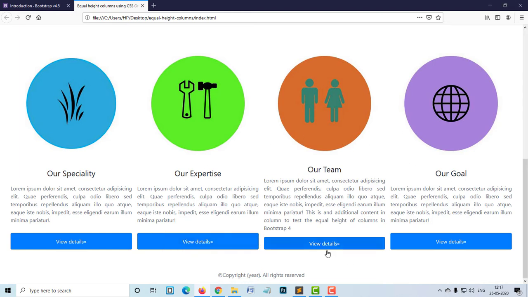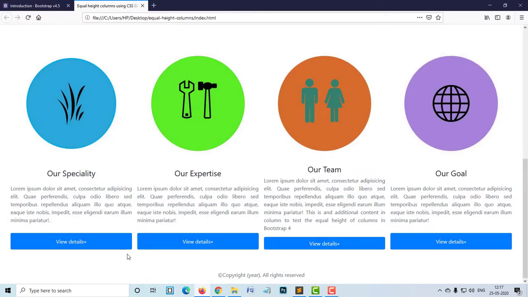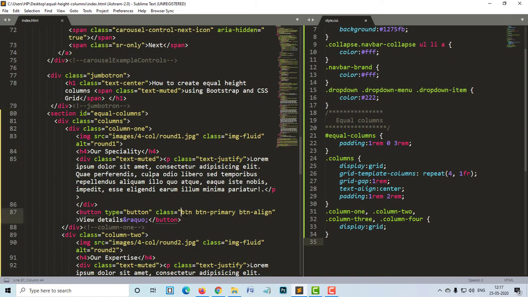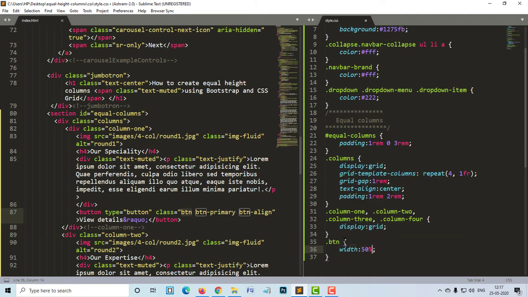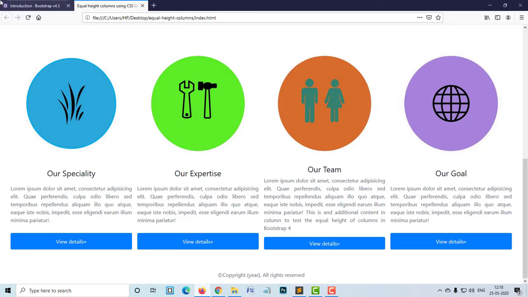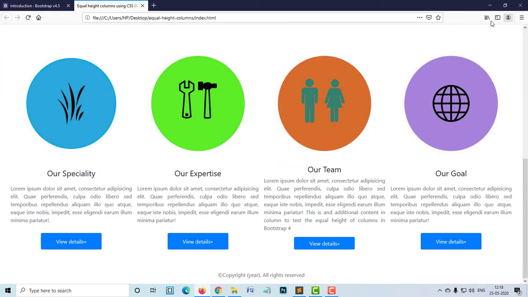Now you can see the buttons are larger here and the buttons are smaller here. So that we need to now correct. So for that, let's come to the buttons. Now these buttons which are the full width, let's first select those buttons. So for the buttons, we have the class of say BTN. So let's select the class of BTN. We will say width, we'll keep it at only 50% because we want the button to be smaller. And since we are reducing the width, let's align the margin to 0 and auto so that the buttons will be aligned to the center. Now you can see immediately the buttons have become smaller.